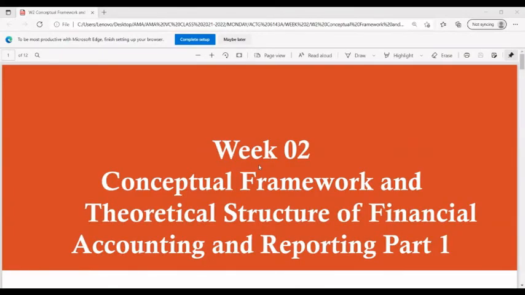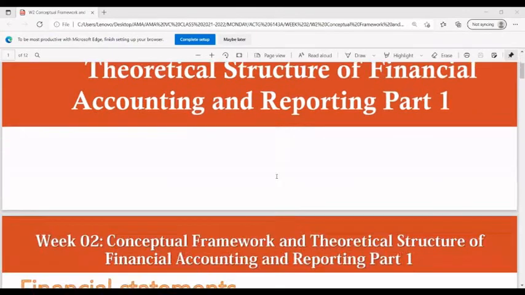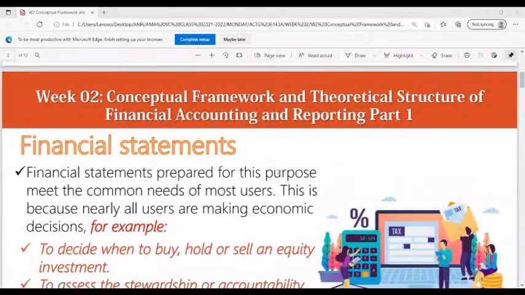Today's topic is the conceptual framework and theoretical structure of financial accounting and reporting, part 1. It is about the financial statements. We all know, class, that the content of financial statements are the balance sheet, which is the financial position, the income statement, which is the financial operation, and the statement of cash flow, which is, we all know, the ins and outs